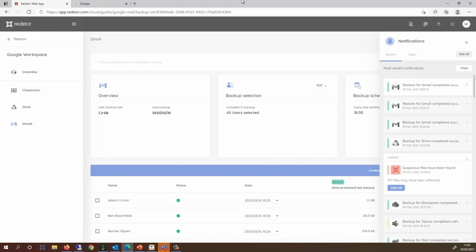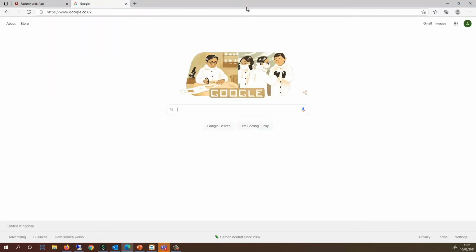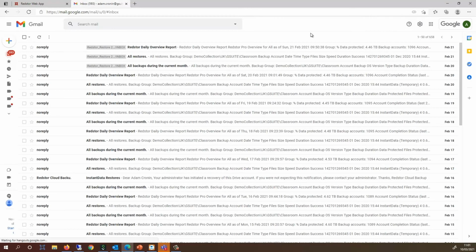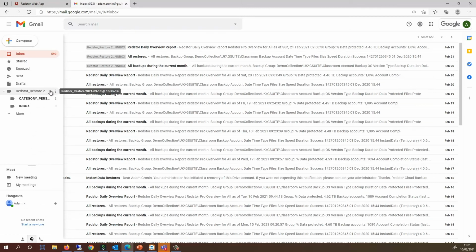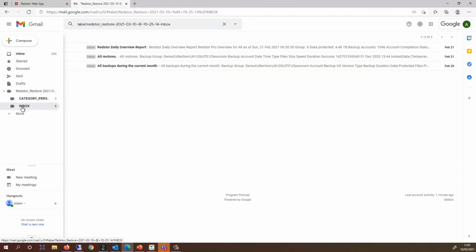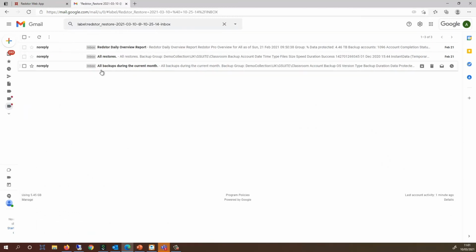So I'm now able to contact my user and ask them to log into their Gmail. So I'm logging in as my test user. And what we will then find under the inbox and sub labels, you'll see that there is a GridStore date and timestamp. And that will be a complete replica of that user's inbox, including the three mail items that I